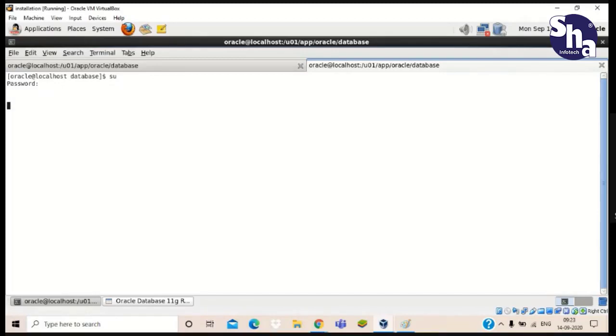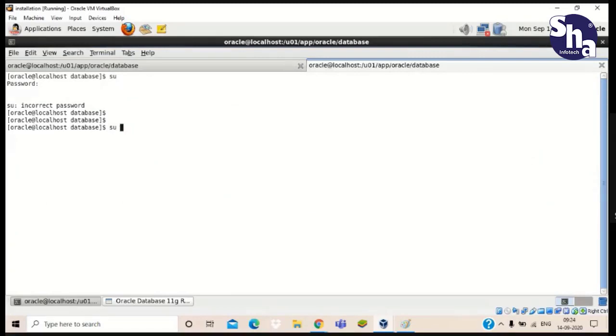But if you want to log in as another user who is not the super user, then you have to give su, a space, and that username. For logging in as root, you can use either su or su space root.